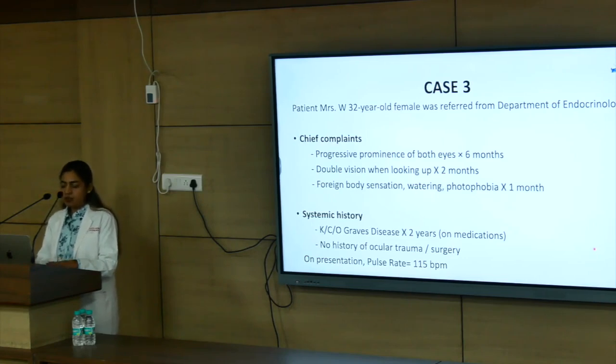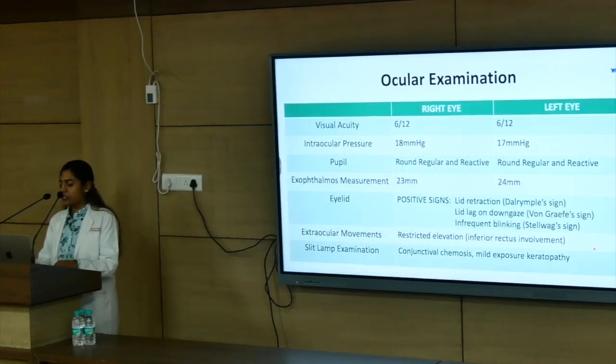On presentation, her pulse rate was 115 beats per minute. On ocular examination, her visual acuity in both eyes was 6/12, and intraocular pressures were normal. Pupils were round, regular and reactive in both eyes. On measuring proptosis using Hertel's exophthalmometer, it was noted to be 23 millimeters in the right eye and 24 millimeters